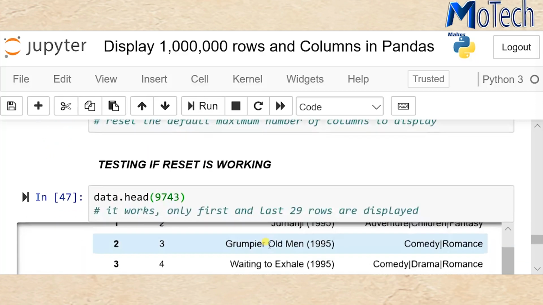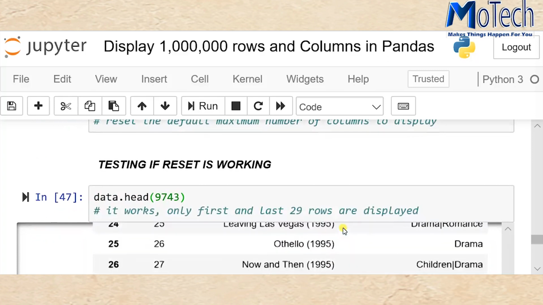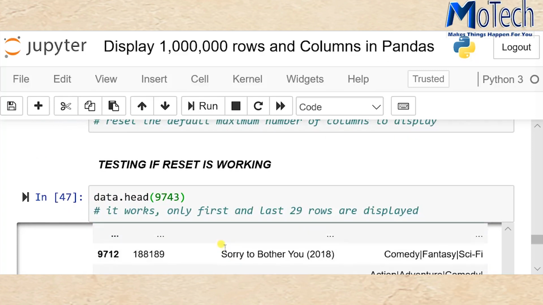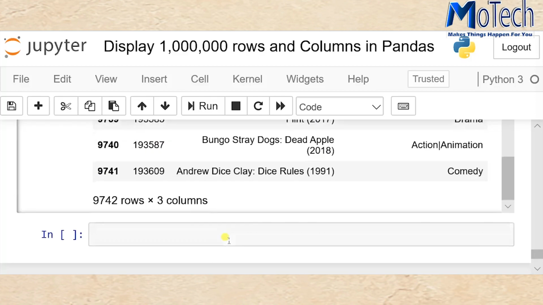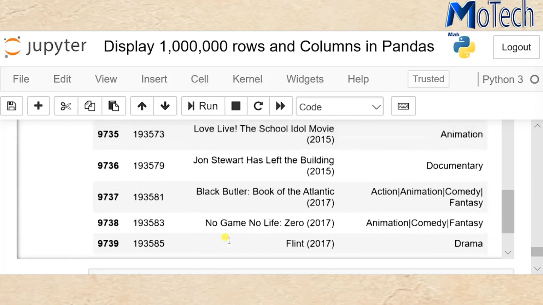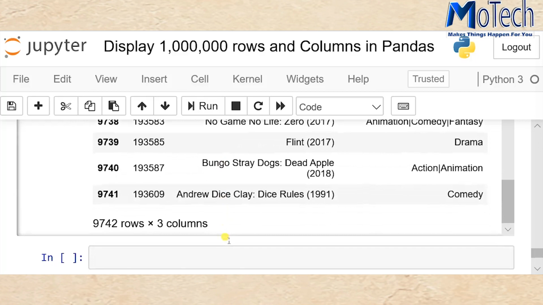As you can see, after running this cell, it will display row number 0 up to row number 29. Then rows between are not displayed. Then it will display the 29 last rows in our dataset. Now you can see the default settings for the maximum number of columns and rows have been reset.